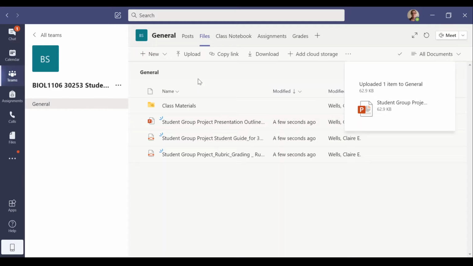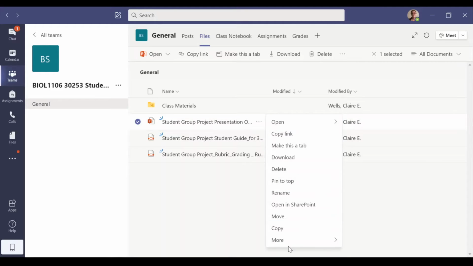So any student who's a member of this team can now access all of these files and download them. There is one issue here. If you have uploaded Microsoft Office files, like this PowerPoint, students can actually edit that file here in Teams. To prevent that from happening, one thing you could do is come to the file name and click the ... next to it, and then go to the bottom of this menu where it says More, and then click